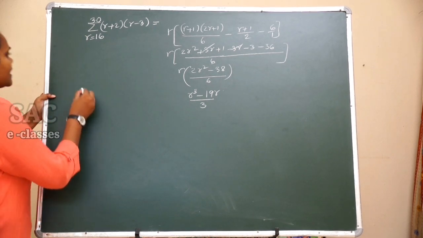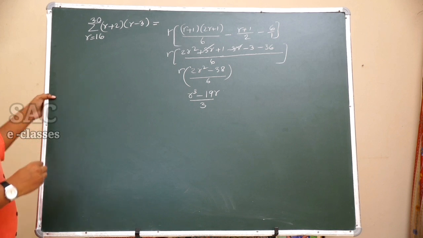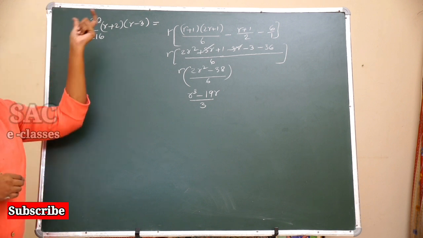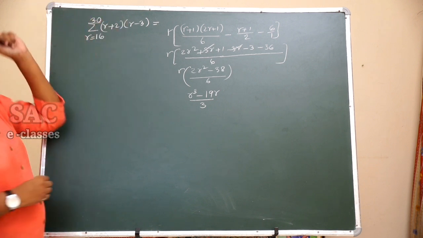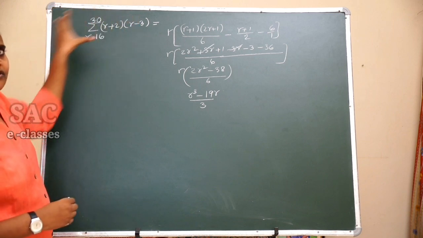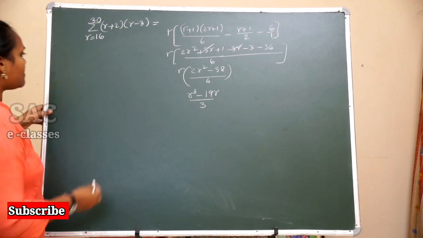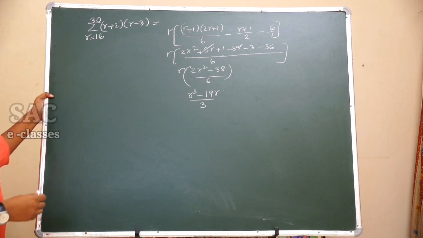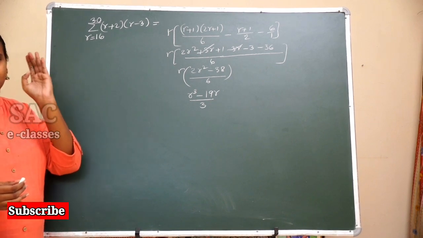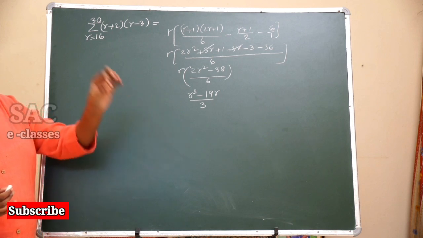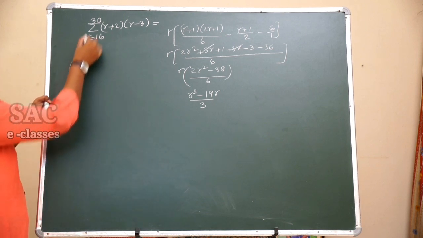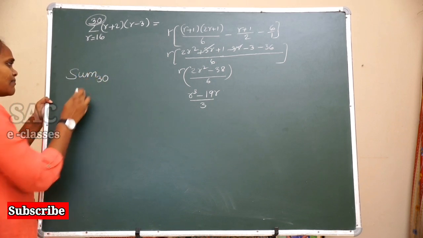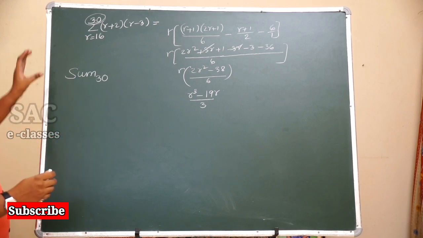But you said that everything is quite normal, but it is a somewhat different problem. How is this problem different? Let us see. We want the first n terms, first 30 terms, first 15 terms. But here you want from the 16th term to the 30th term. Whenever we want the sum not starting from the first term, we find until 30, the sum of the first 30 terms. But do you want the sum of the first 30 terms? No. We want from 16 to 30.